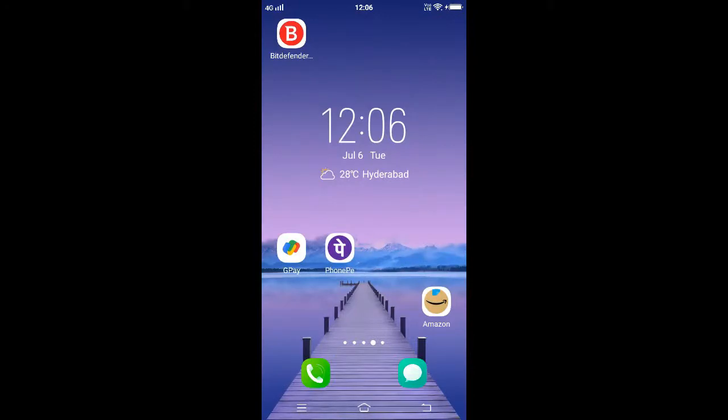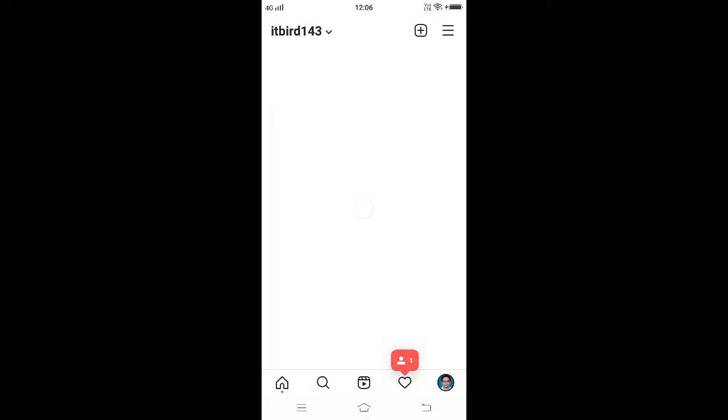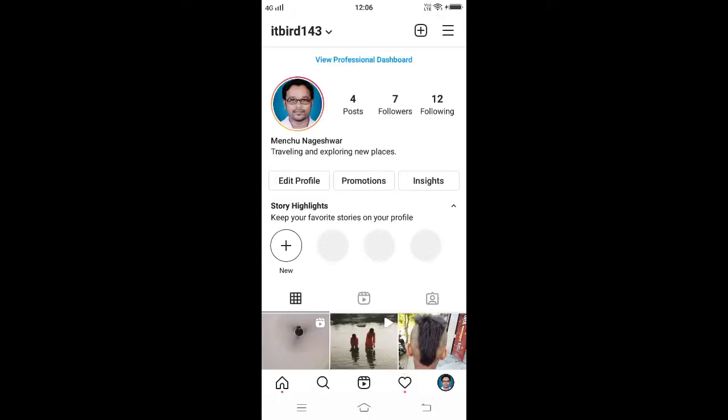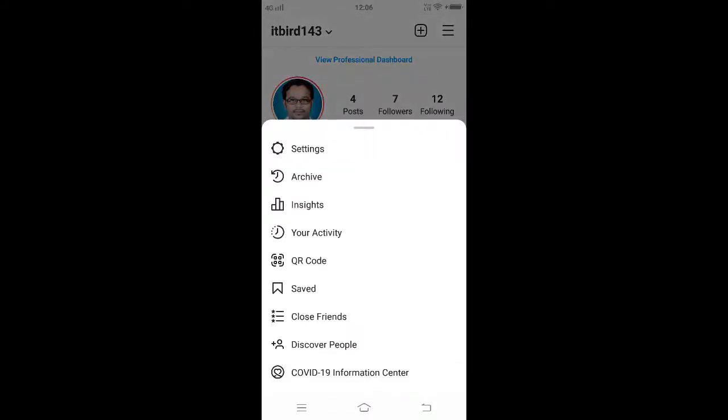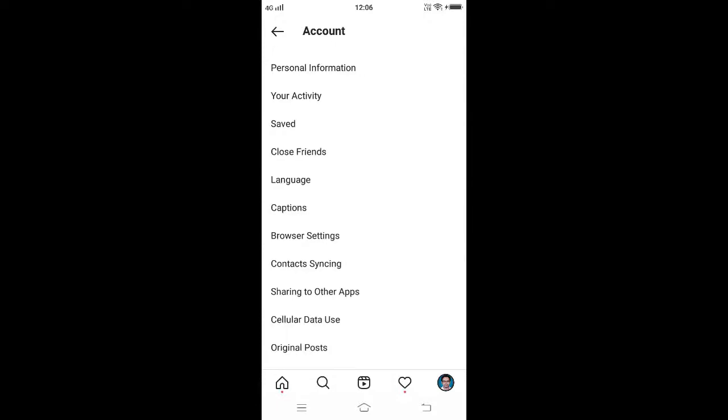Log into Instagram on our Android mobile. To save our photos to our phone, tap on the profile picture at the bottom right corner of the mobile screen. In our profile window, click on the three horizontal lines in the top right. From the pop-up menu, choose Settings, and in the Settings window, tap on Account, and on the Account page, choose